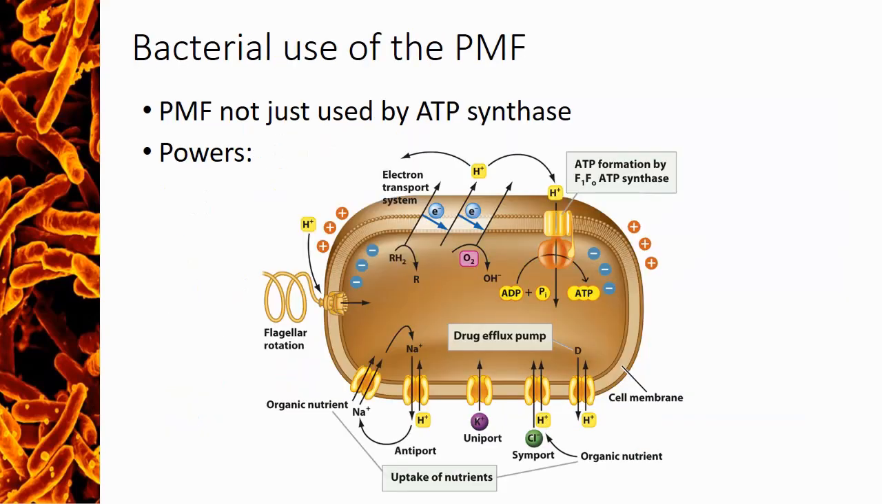An important thing to note is that in bacteria, the proton gradient created by the electron transport system is not just used to power ATP synthase. In eukaryotes, that gradient is trapped within the mitochondria, and it's used exclusively by the ATP synthase within that mitochondria. But in bacteria, the proton gradient is generated outside the cell and can be used by any number of cell membrane proteins. While much of it is going to power ATP synthase,